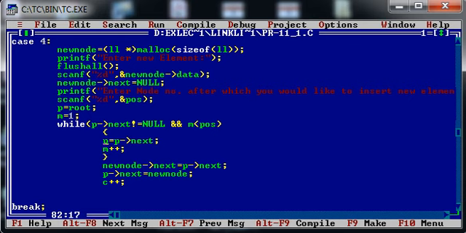So I would like to go till the third node, so I have to move for the second and third. This loop will get executed 2 times if I would like to insert a new node after the third node. So initially I am setting m equal to 1 and I am checking the position value, which will be 3. Okay, so right now I am at the first position.